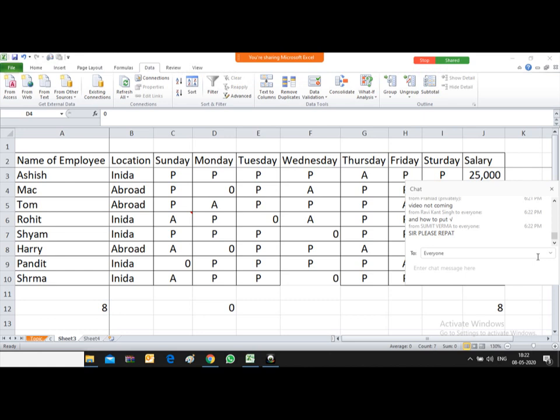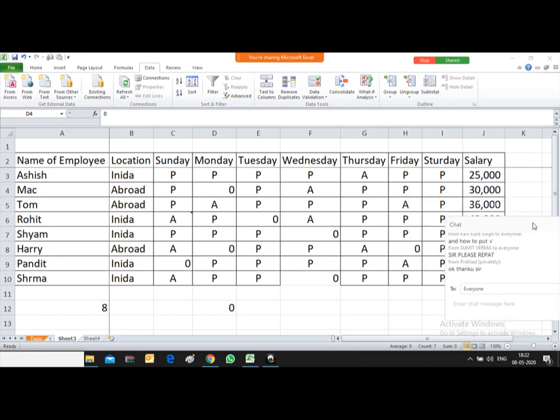Okay, please repeat. I'm again repeating it. Ravi, please wait, I'll come to how to put the tick mark. Friends, there are many blank cells in this table and I want to insert 0 in all of them. I will put 0 somewhere outside the table and copy it. Then I select the entire area where the blank cells are.